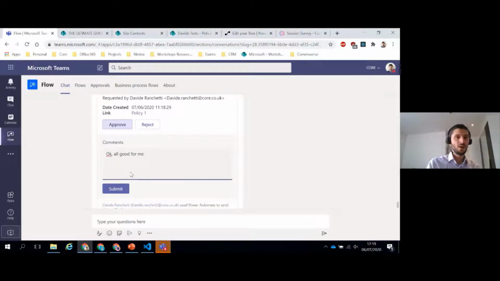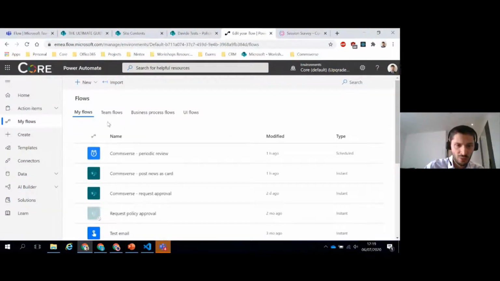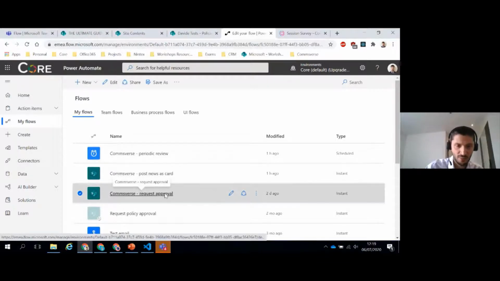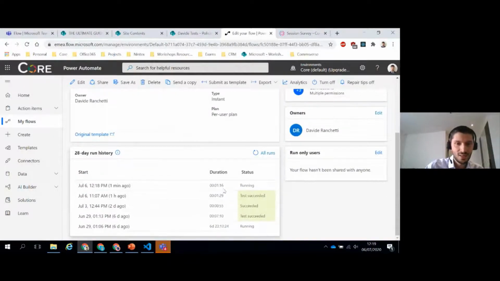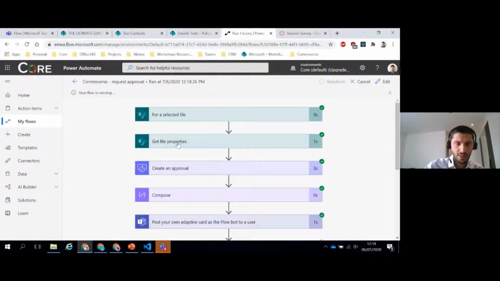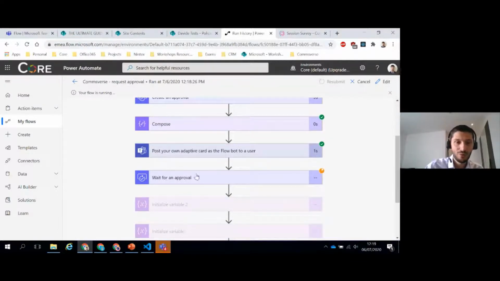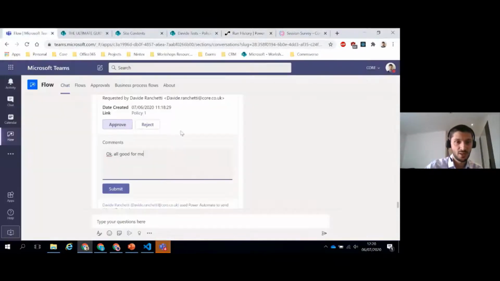Before I approve it, I'm going to open the workflow and show you what the workflow is doing. So the workflow I'm using this time is this Commsverse request approval, and we can see that there is a workflow running. And if we open the workflow, we can see all the different steps. And most importantly, we can see that the workflow is waiting for the approval. So the workflow is waiting for me to complete the action. So as soon as I submit this,